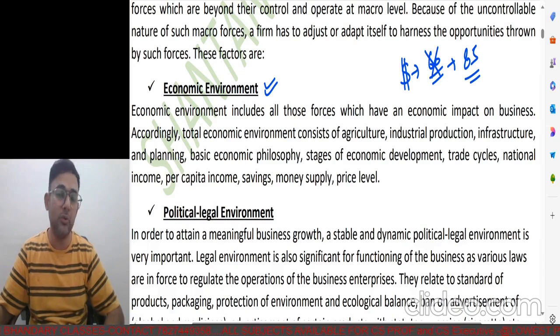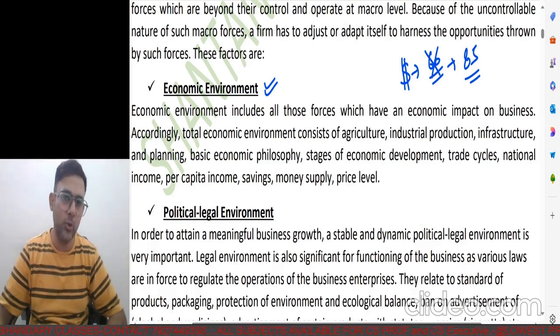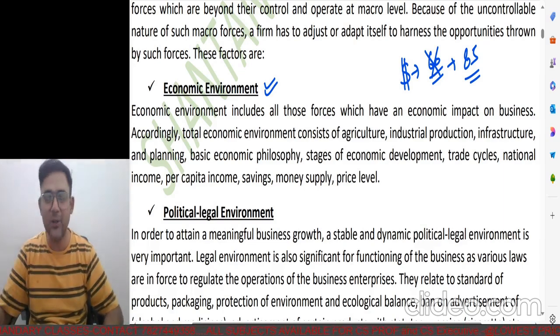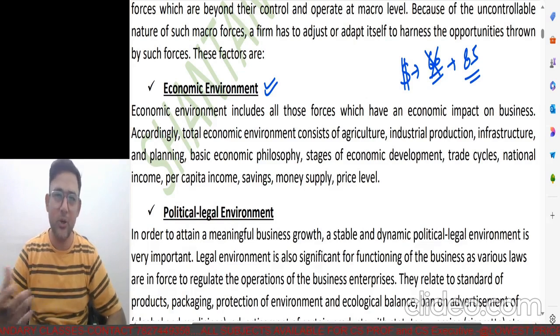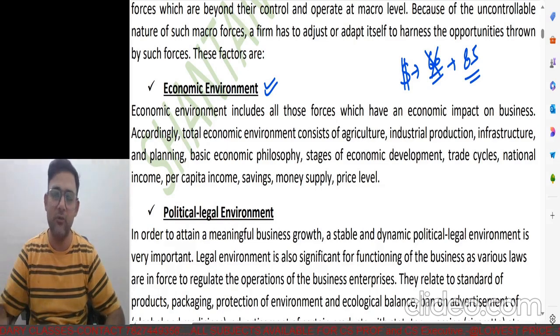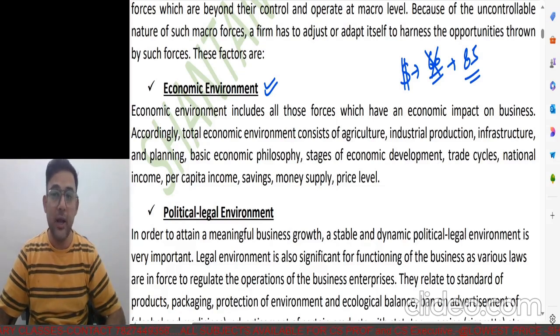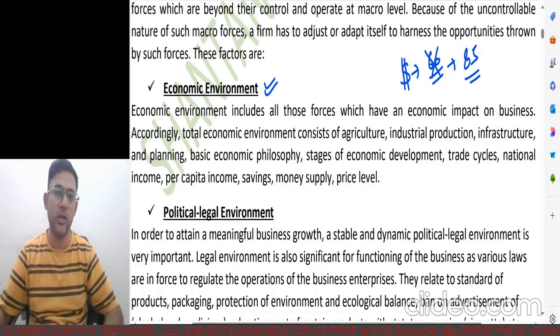And even more than that, if you are planning a trip to the US or any of these countries where the Australian dollar or American dollar works, because in Australia the dollar also works, Singapore also has dollars, Canada also has dollars, but their value is obviously very less as compared to the US one. So you'll find that the bank will charge their commission over and above that. The bank or forex dealer will charge over and above that.